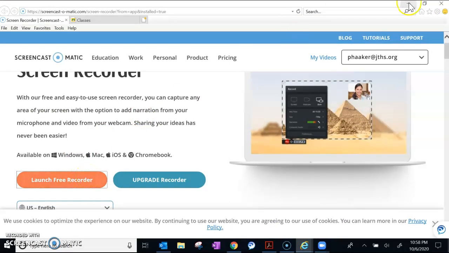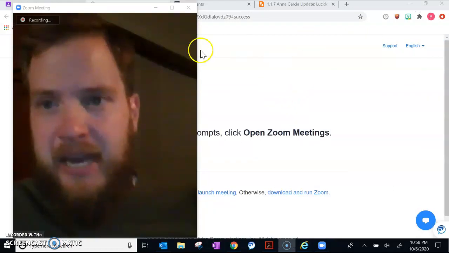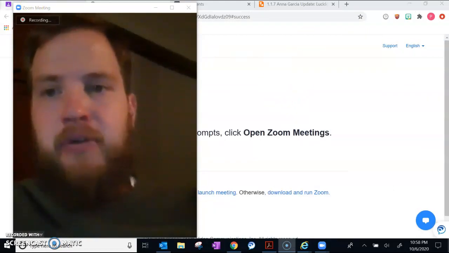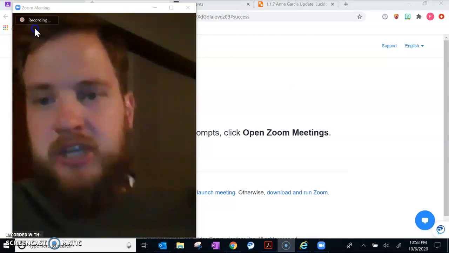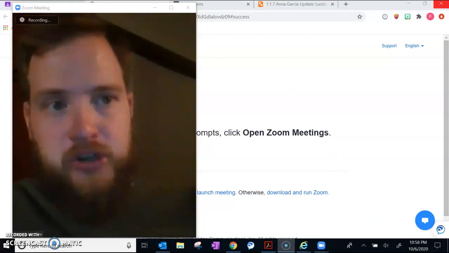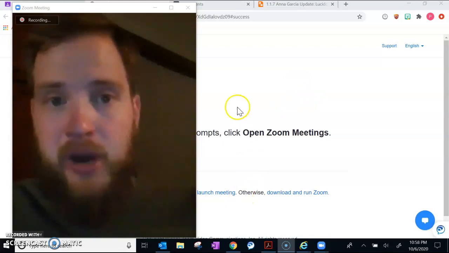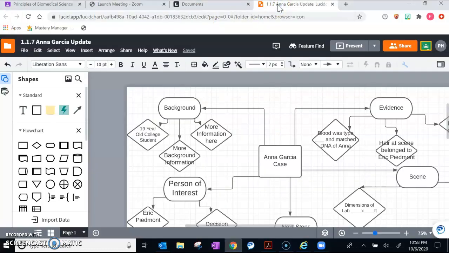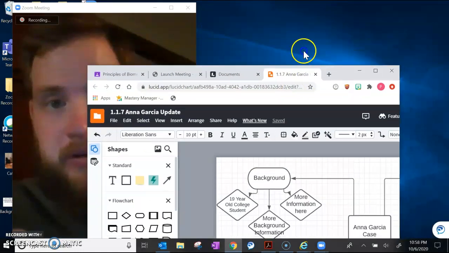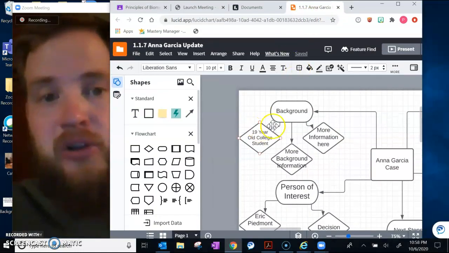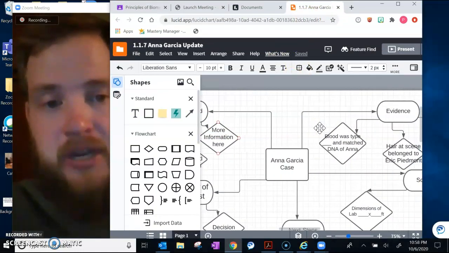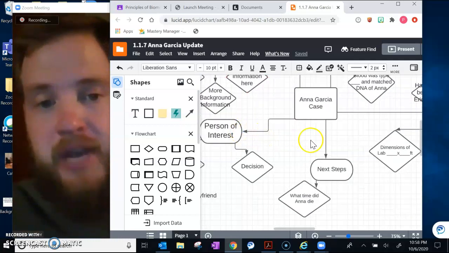Now, with that free recorder, it's going to kind of have this candy caned outline of the screen, and you can actually change the outline of your screen to make it larger or smaller depending on what you want in your screen. Like if I wanted to, I could very easily have my background in there. Okay, so I could include this in my explanation, and I could actually be pointing out different locations on it